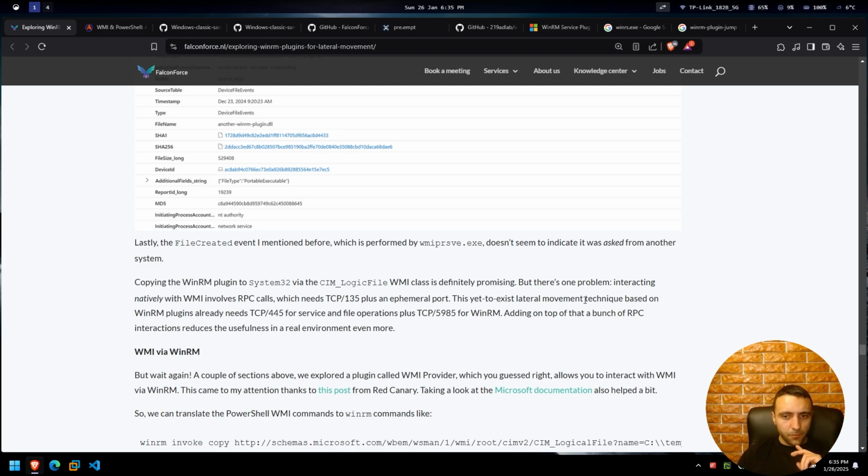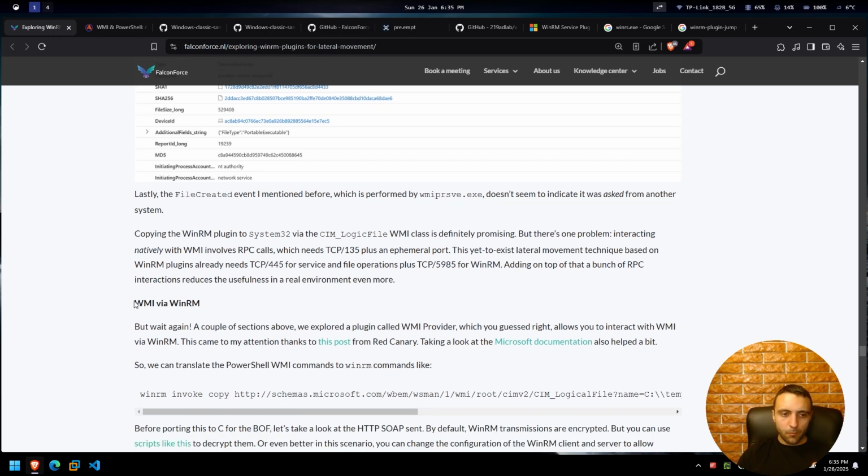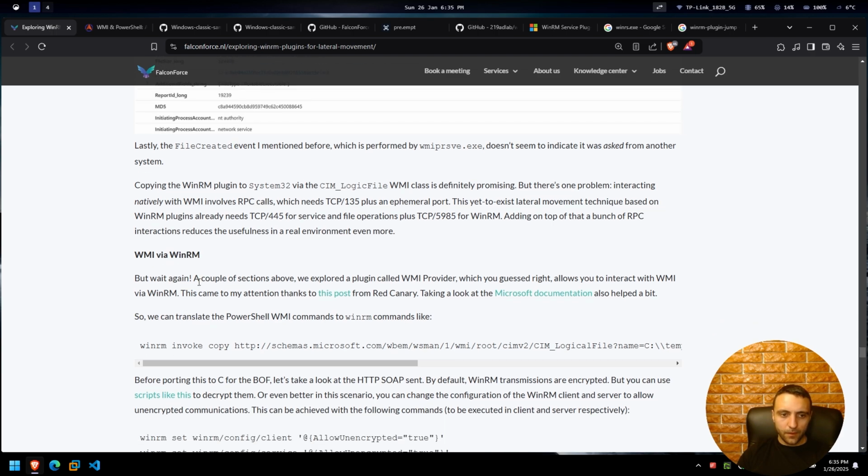This yet-to-exist lateral movement technique based on WinRM plugins already needs TCP/445 for service and file operations, plus TCP/5985 for WinRM itself. Additionally, on top of that, a bunch of RPC interaction reduces the usefulness in a real environment even more. WMI via WinRM. But wait again. A couple of sections above, we exported a plugin called WMI provider, which, you guessed right, allows you to interact with WMI via